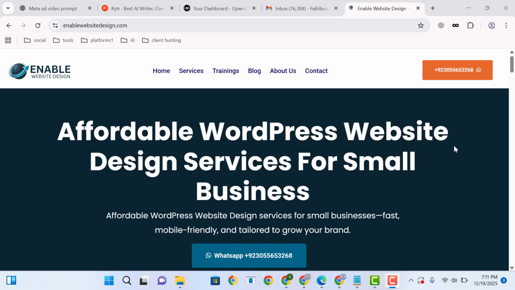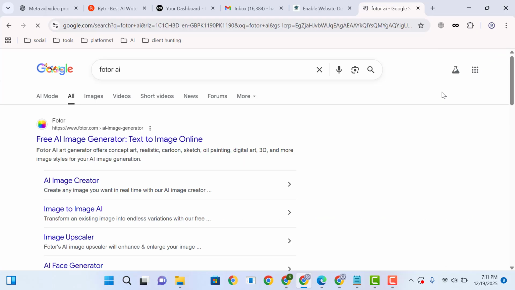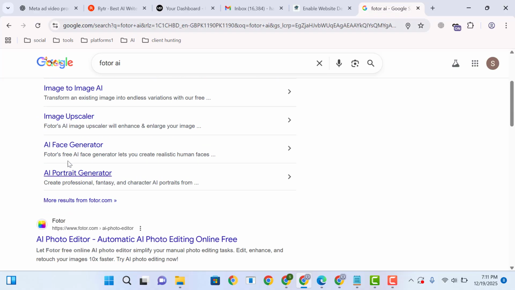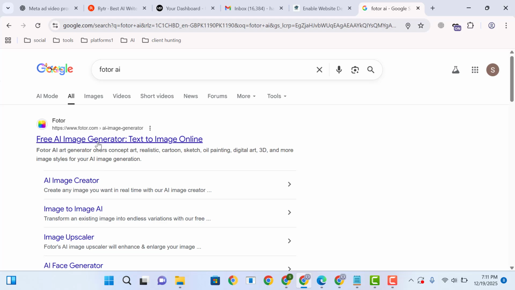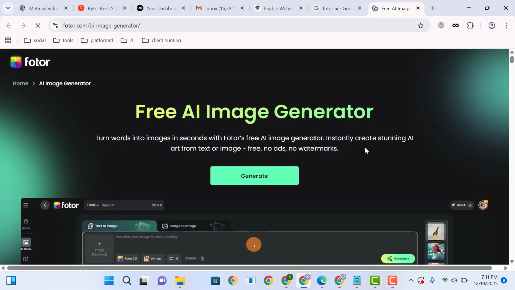In this video I will show how to use the Fotor AI image generator tool. Here you can type Fotor AI, and here you can see you can generate AI images. You can generate from an image to a new image. You can enhance your image as well as generate a face. You can also generate a portrait. So using this tool and platform you can use multiple options. Simply click here, the generate button,